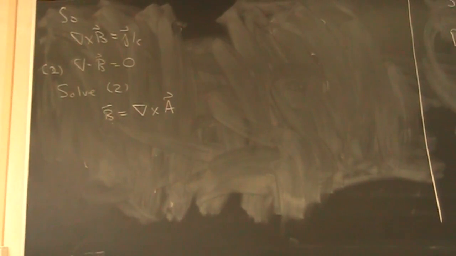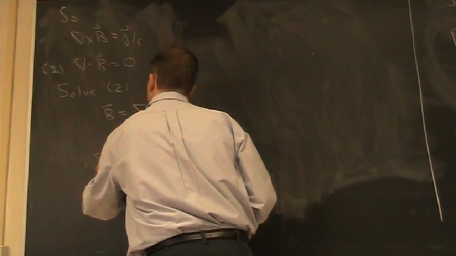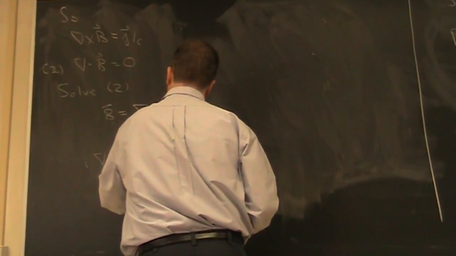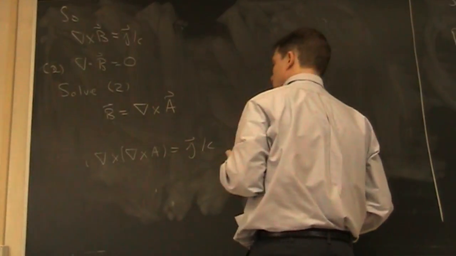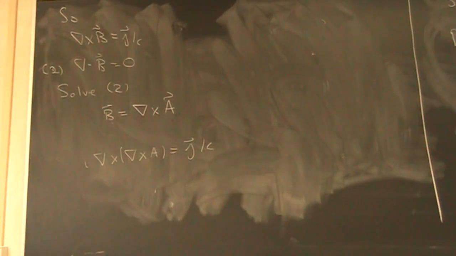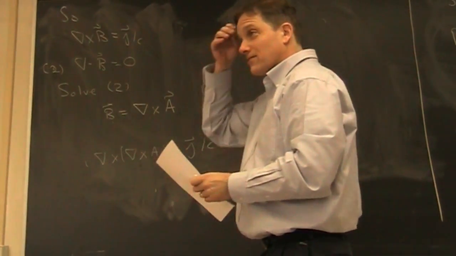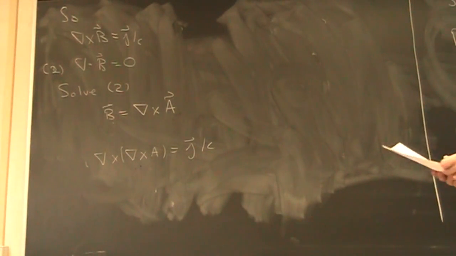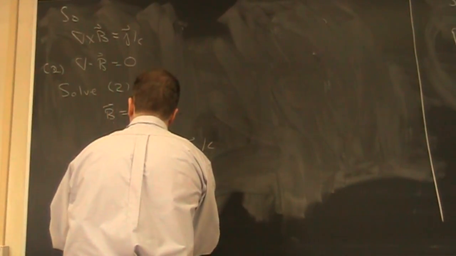And so now we can go ahead and solve equation 1. Take the curl of A and plug it in there, so you get curl of curl of A. Now you remember this, like I said, back to the ABCs. Whenever you see curl cross curl, you say, okay, BAC minus CAB. And so it turns out to be